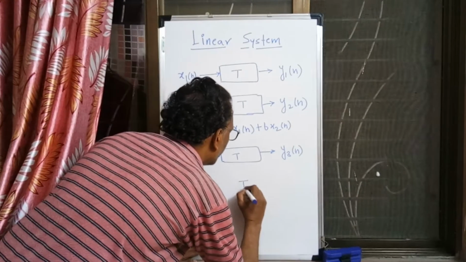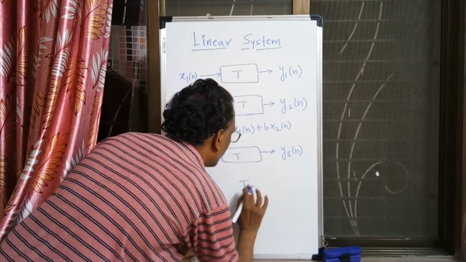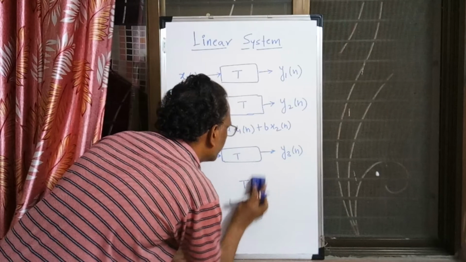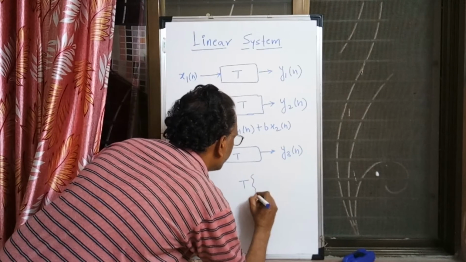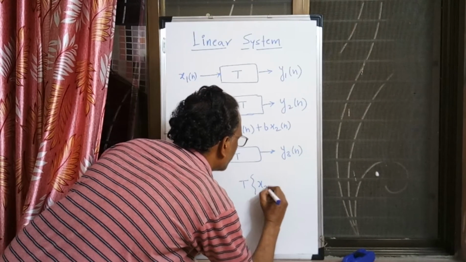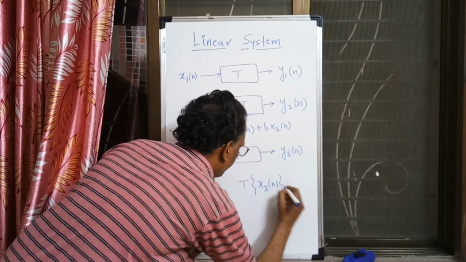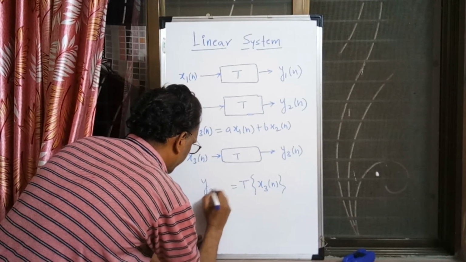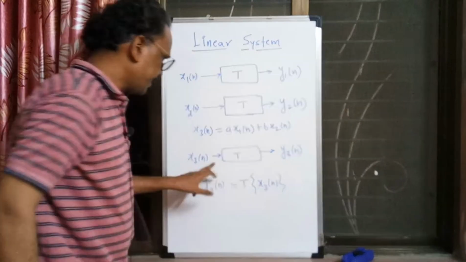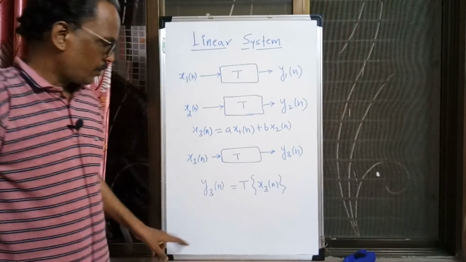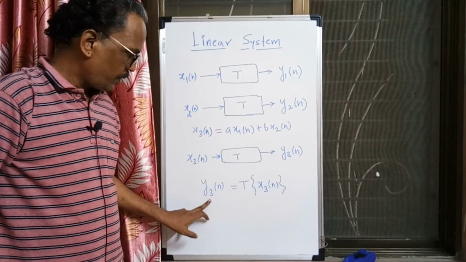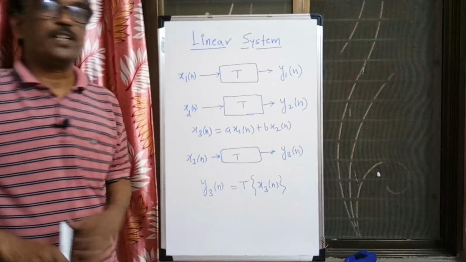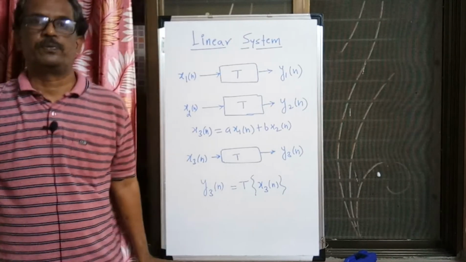What I am saying is, let us write it like this. It is read as the response of the system to the input x3[n] is, let us say, y3[n]. We can write it like this or like this. So it is read as the response of the system to the input x3[n]. If this y3[n] is equal to